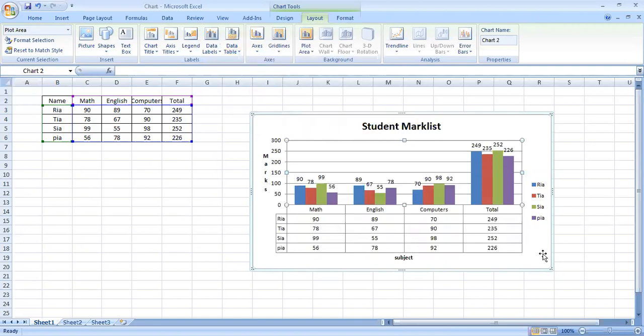Okay, so now you can see the appearance that we have a chart and below it you can see the table also. So likewise, you can insert the table below the chart. This facility is also given in Excel. After that, I'm just going to tell you important things which are given in your textbook.